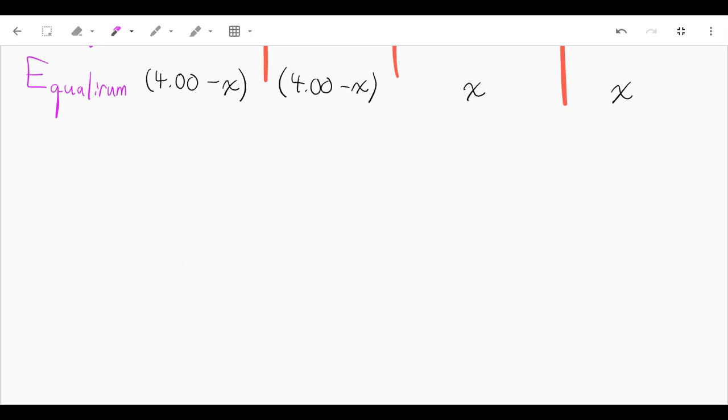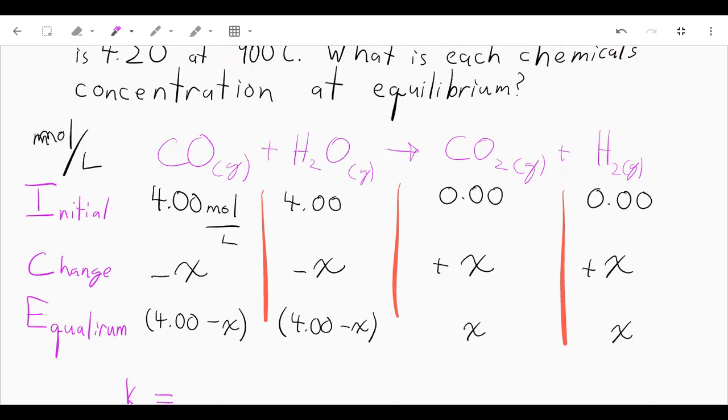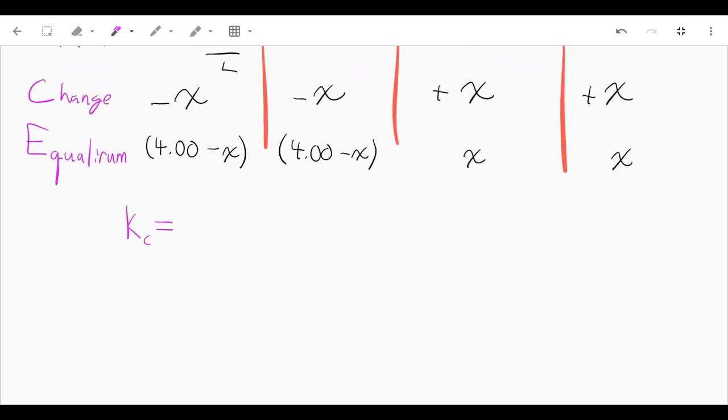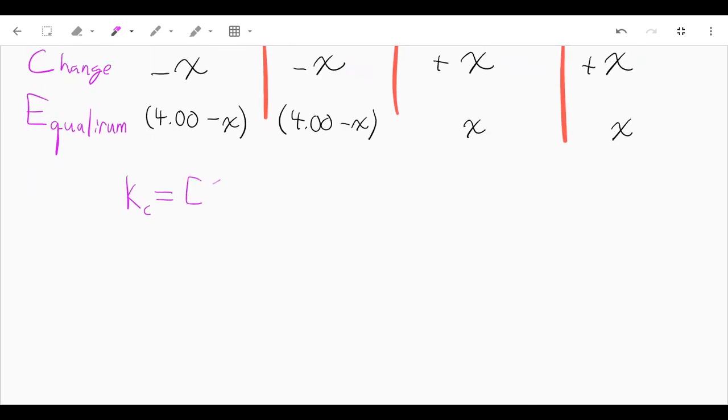our equilibrium law expression of Kc equals. Remember that Kc is always equal to products over reactants raised to their exponents. Nice thing about this reaction, no coefficients. Everything is equal to 1, so everything's to the power of 1, which makes the math nice and easy. It will be concentration of carbon dioxide times the concentration of hydrogen over the concentration of carbon monoxide times the